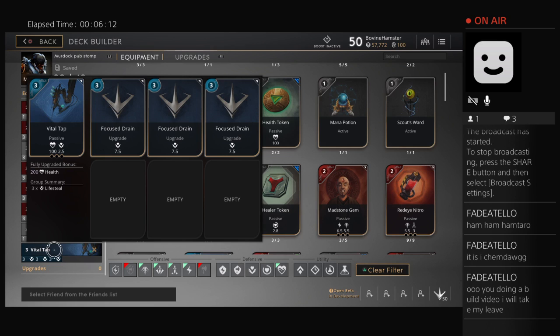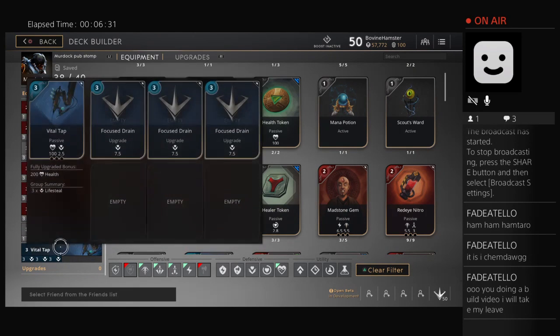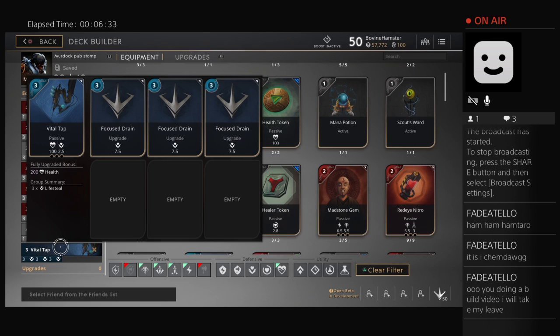Now, if you've got this lifesteal, this is 20% lifesteal here, you can go up the side of a lane and get your health back whilst you're taking out minions. Okay. In addition to that, you have your blink charm to get yourself out of any scrapes as well. So this is actually quite an important part of my build,